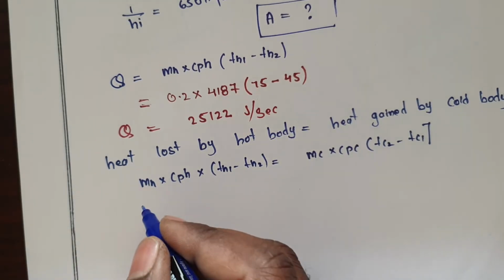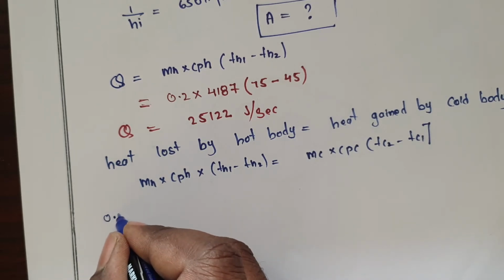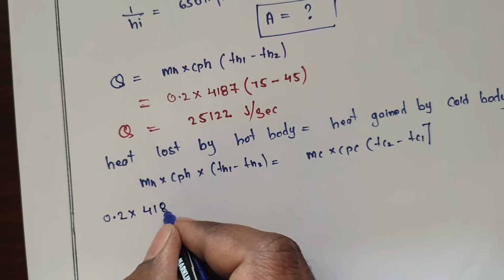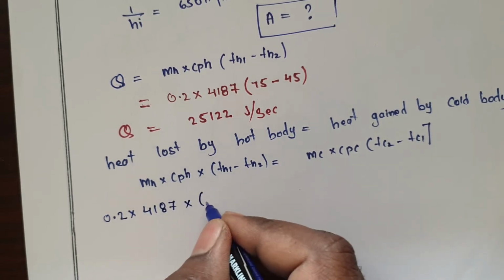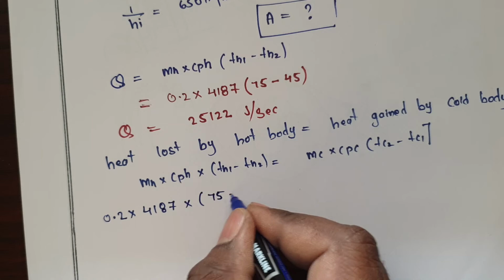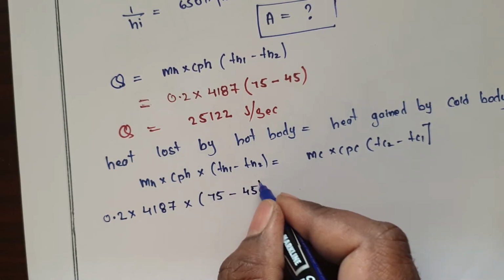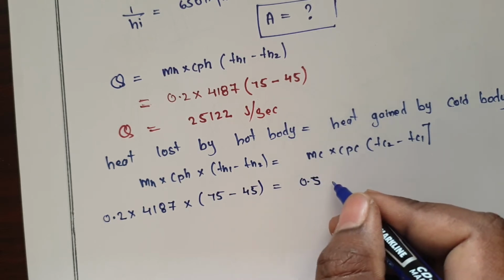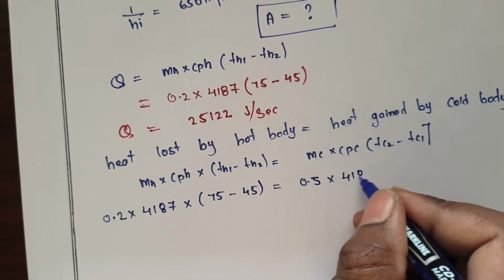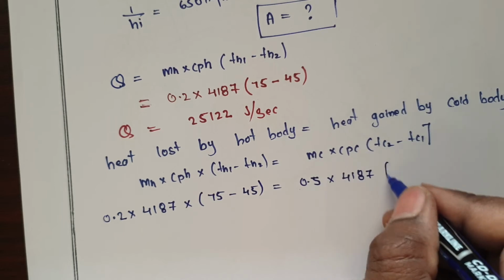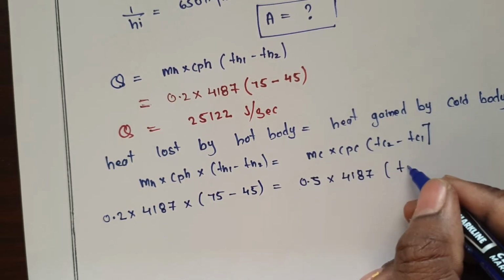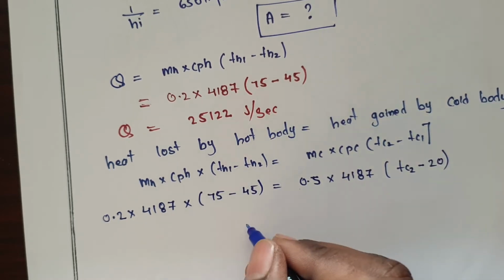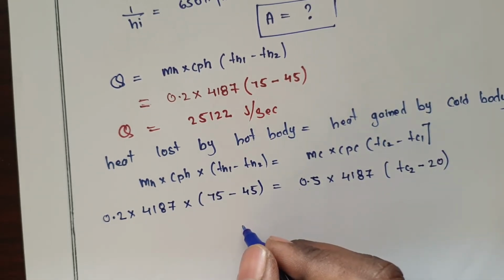You know very well mH value is equal to how much? 0.2, and CpH value is 4187. TH1 value, how much is it? 75, and TH2 value is equal to how much? 42, and mC value is given, how much is it? 0.5, then Cp is 4187, that is a constant value. Then Tc2, you don't know the value of Tc2. Tc1 is equal to how much? So, if you solve this one,